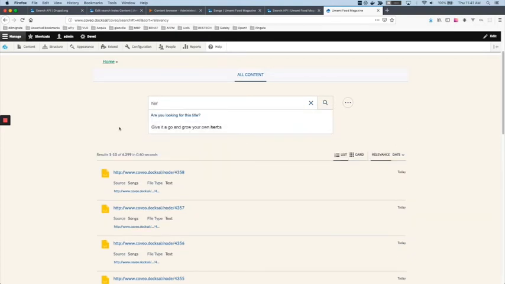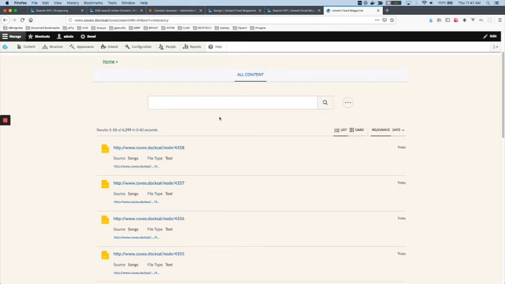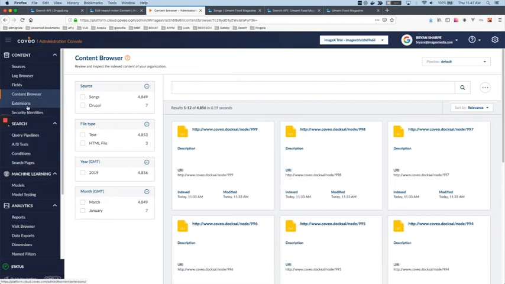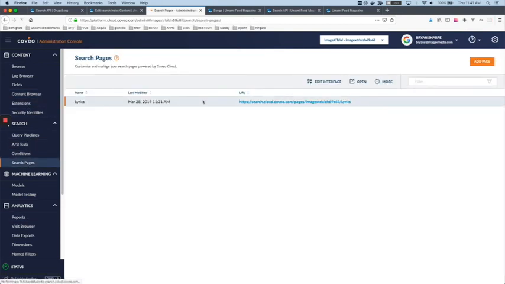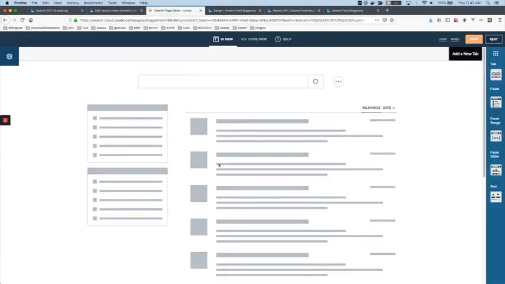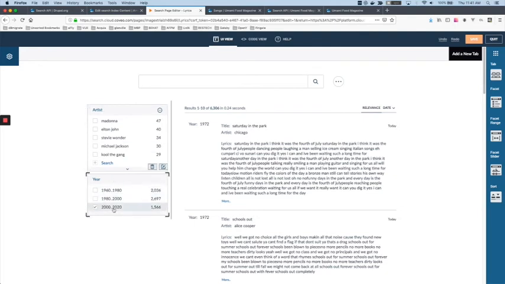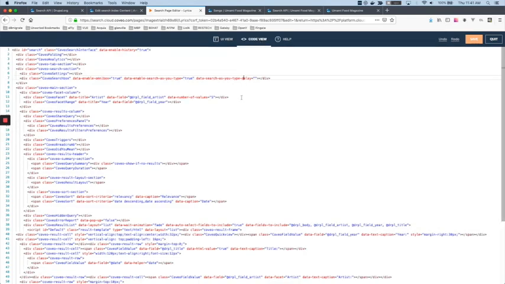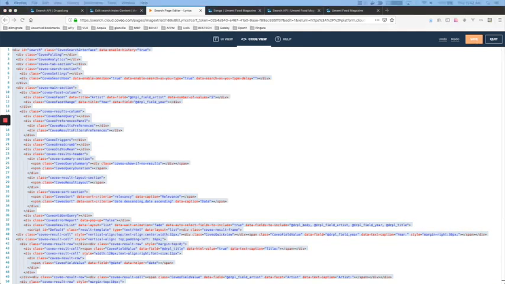There we go. This is the default search, but the nice thing about this, because it's integrated into Drupal, is that we can not only use HTML for Drupal, the Twig theming template system that they use, but we can also take it straight from Coveo. If we go to Coveo and we want a search page, we can use Coveo's editing interface. Now I've already done this, so I've added a facet for artist and a facet for year ranges, and just kind of prettied up the results. We can actually just go to the code view and take this and paste it into our Twig template in Drupal. Then when we come back here and refresh our page,